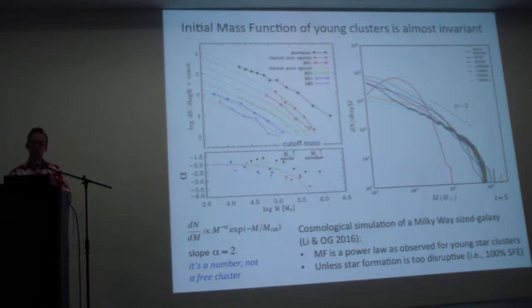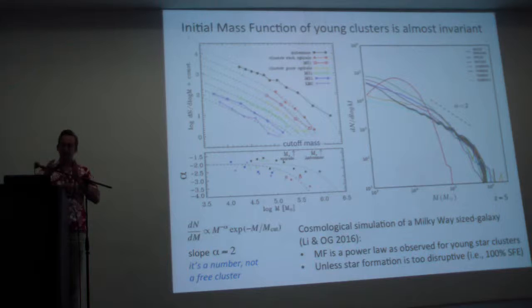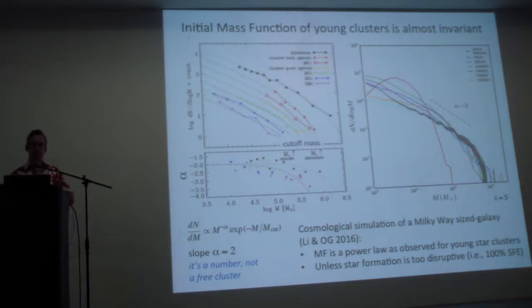There is a very important and fundamental property of young star clusters, and that's their mass function. So not the initial mass function of stars, the IMF that we heard of, but the number of clusters of a given mass in the whole galaxy. That mass function is extremely universal. It's one of the most universally measured properties of any astronomical systems. It can be described by a truncated power law, and the slope of the power law is very well constrained.